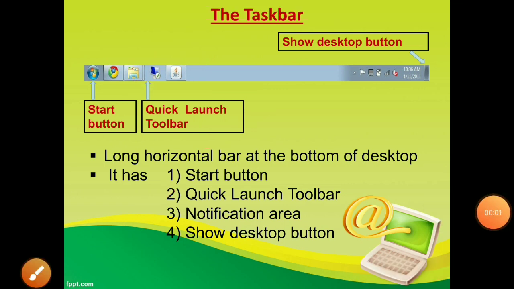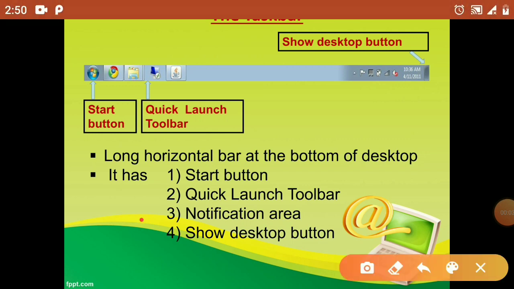Our third part of the taskbar is the notification area. It is placed on the right side of the taskbar. Here you can see on the screen it contains the clock and icons for programs that usually run in the background, for example, antivirus program, network, volume, etc. Here you can see the date and time in the notification area and also the network symbol.